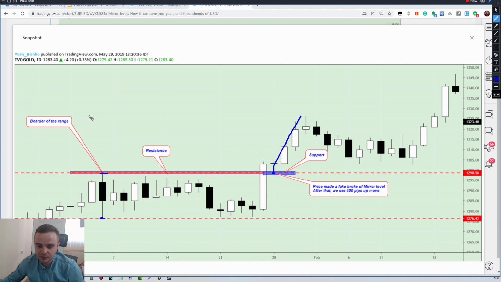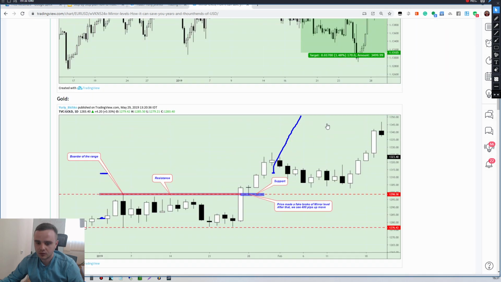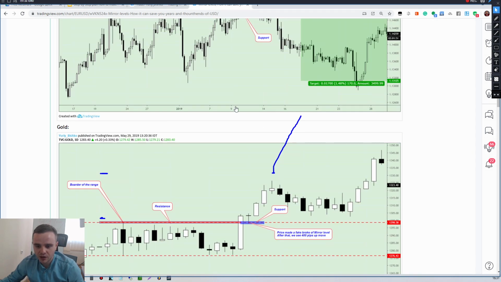Question: why in the first chart does the price break the key level and go up, but after that it goes down even further from the key level? Okay, when a breakout is failed, yes. Marco, about a failed breakout, you need to learn all the preconditions, because we have preconditions of breakout and preconditions of false breakout. A breakout fails when the price accumulates enough energy, and how the price accumulates energy, I explain only to my students. I need to pay respect to them because they paid money for it.